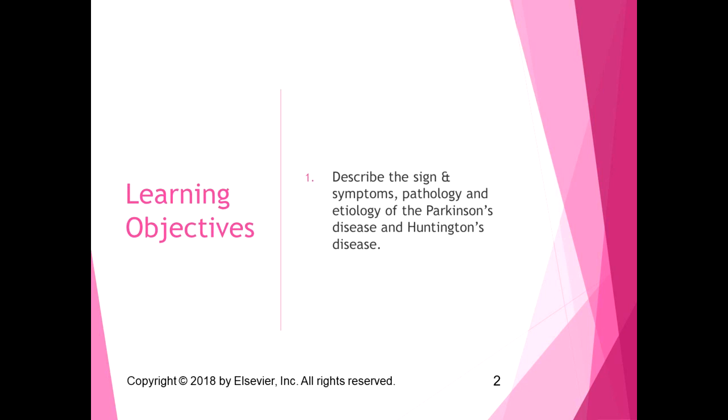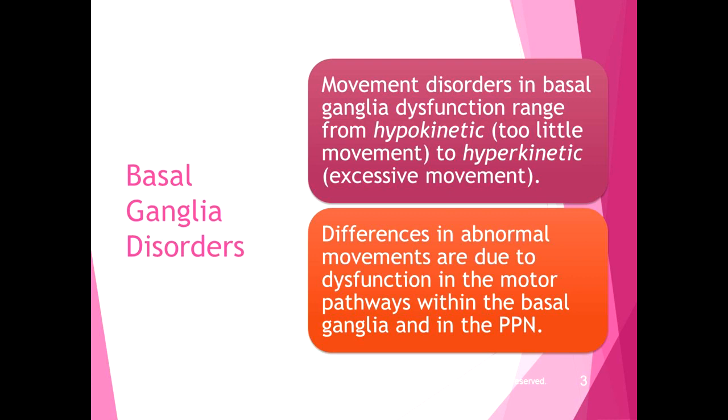So only one learning objective for this section, and I want you to be able to describe the signs and symptoms, pathology, and etiology of Parkinson's disease and Huntington's disease. Lovely pathology boxes in the chapter on both of these things. Parkinson's is considered a hypokinetic basal ganglia disorder, and Huntington's is a hyperkinetic basal ganglia disorder, and we'll talk about the individual ones. So movement disorders in basal ganglia dysfunction range from hypokinetic, which is too little movement, to hyperkinetic,